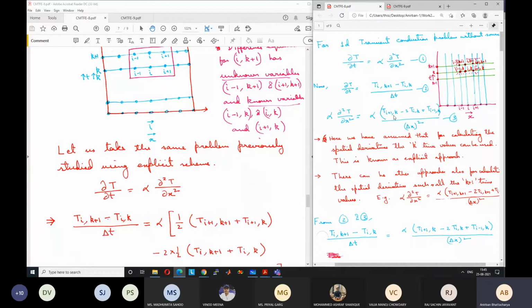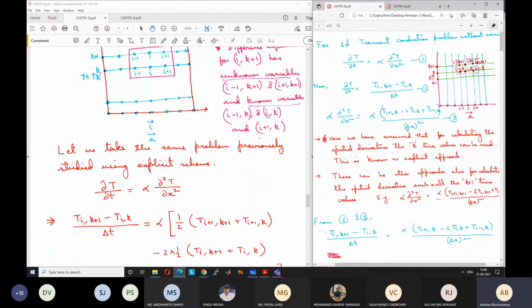This was for the explicit scheme, but at this point forget about the time step. Just consider that there are grid points along the x direction. So we write the derivative del square T del x square in terms of T_(i+1) minus 2 T_i plus T_(i-1)